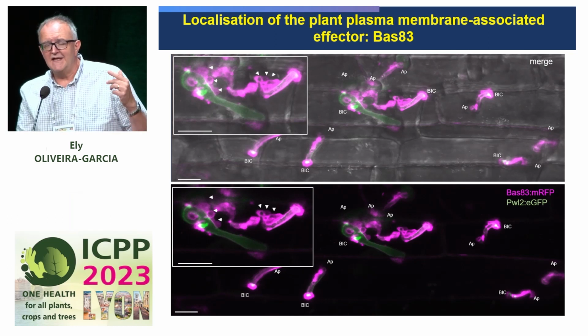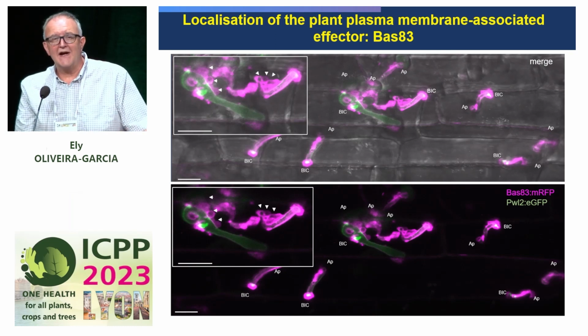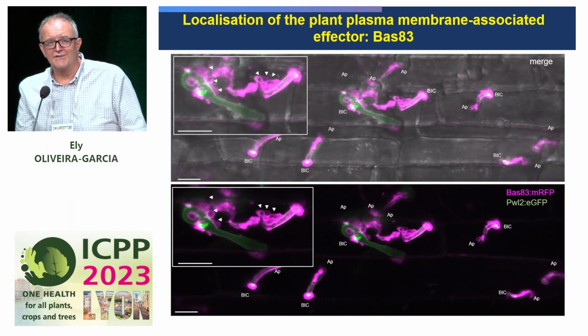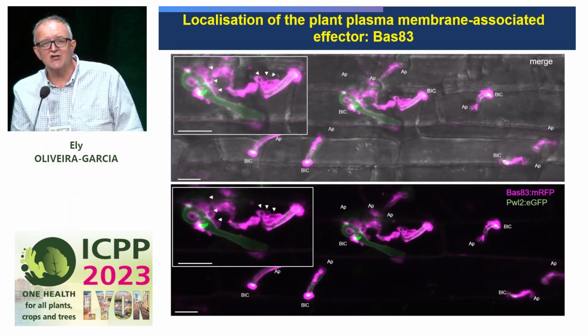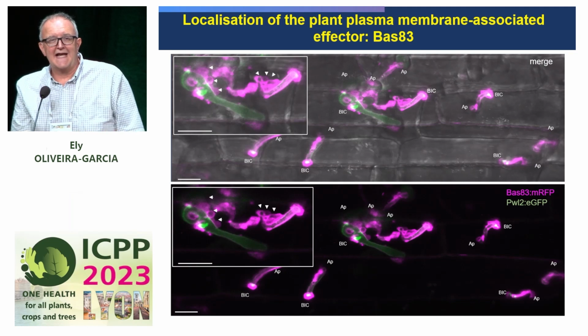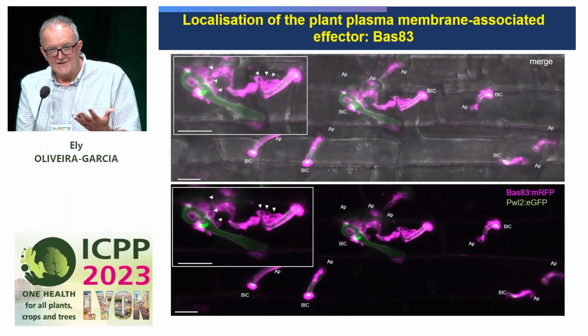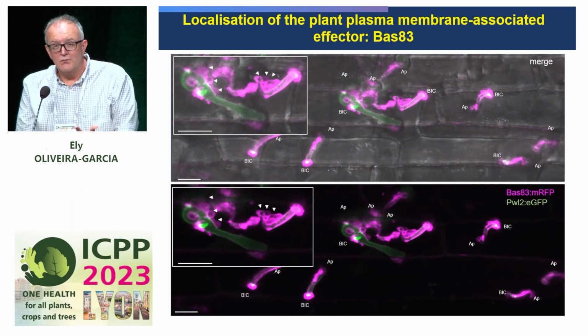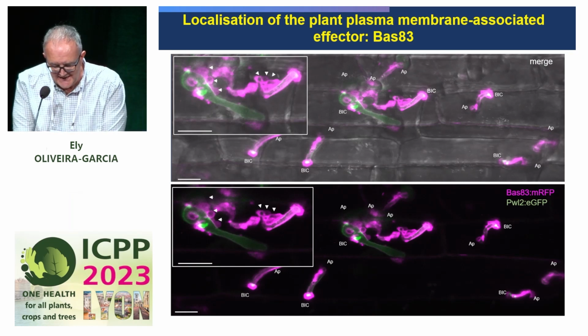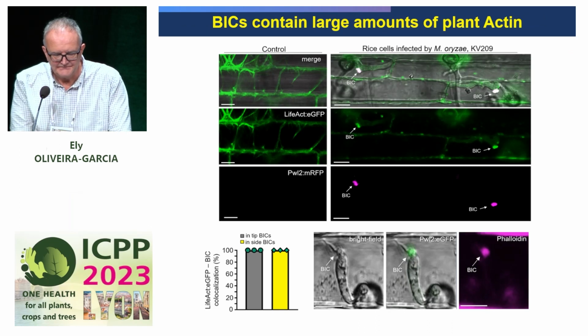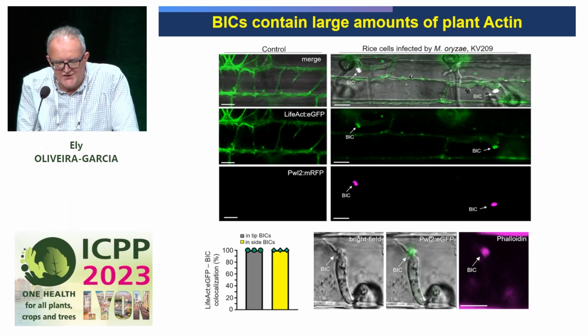It may be that effector-driven membrane biogenesis in the plant is key to infection, key to the accommodation pathway that's allowing these fungal invasive hyphae to grow in such a large volume within an epidermal cell, and he's actively testing that hypothesis. Also, if we take a rice transgenic line expressing actin, then we can see there's a lot of